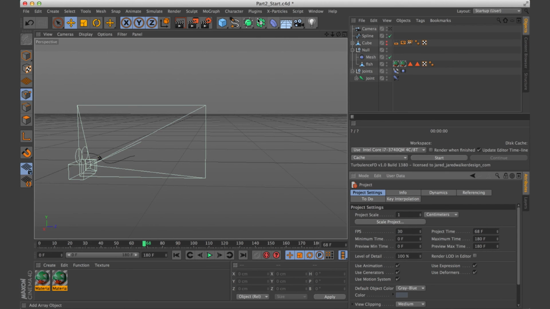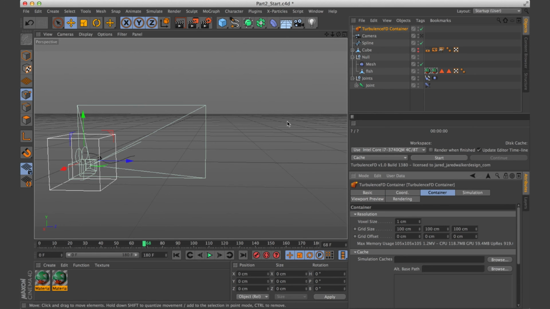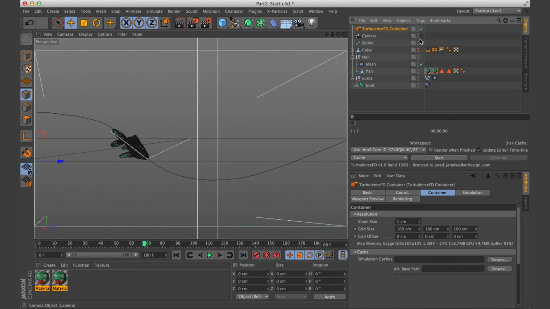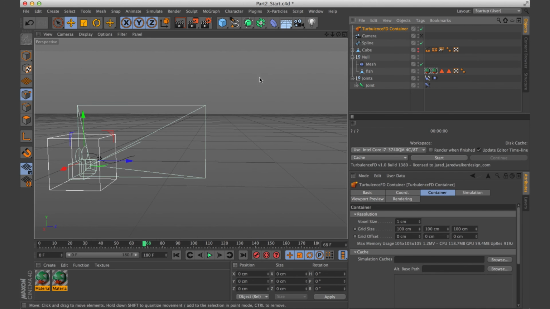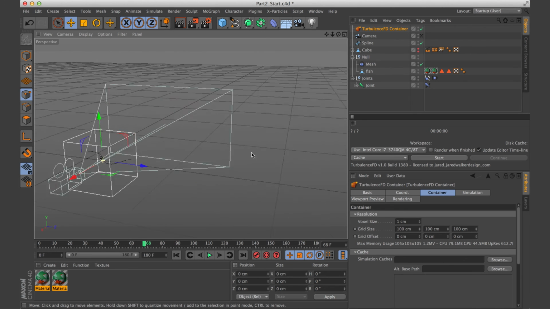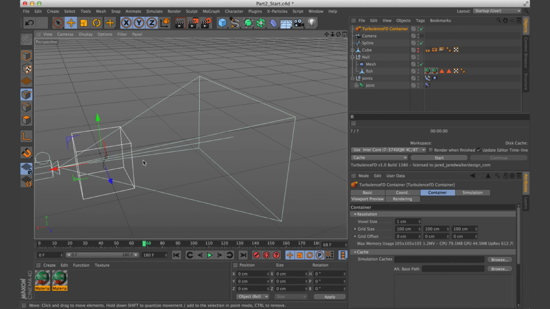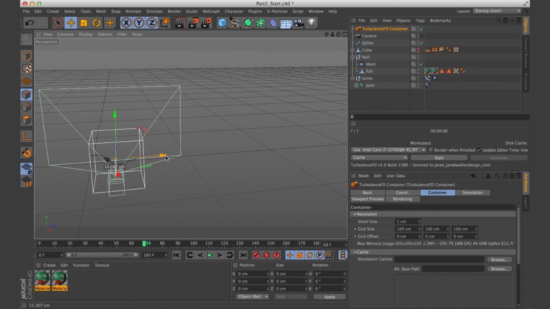And now if we go back up to Plugins, Turbulence FD, and make our container, it's going to be closer to the right size. And we'll just move it into position.